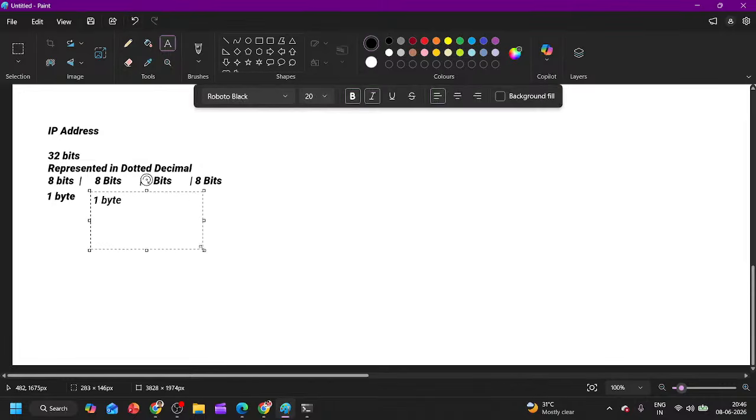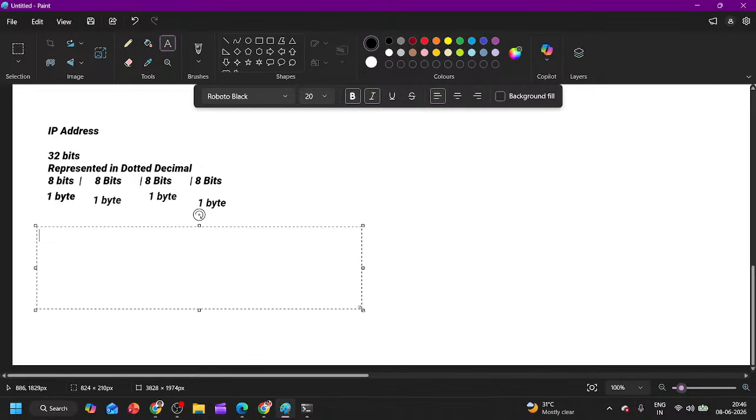Good. As I told you, you can represent 16 characters with the help of 4 bits. Now my question is, with the help of 8 bits, what minimum decimal value can you represent and what maximum decimal value can you represent? Minimum means when all the 8 bits are 0,